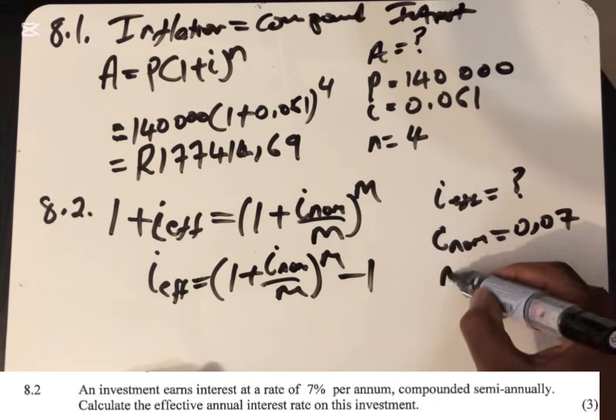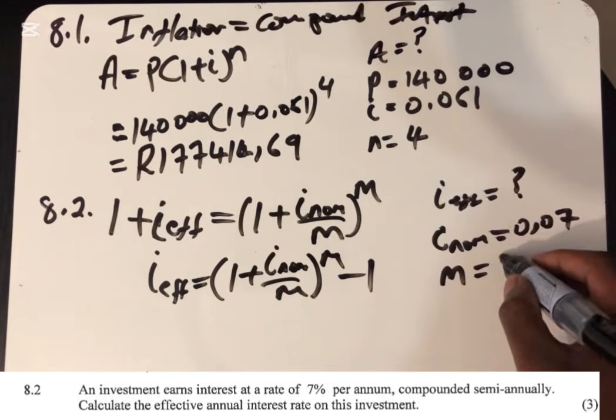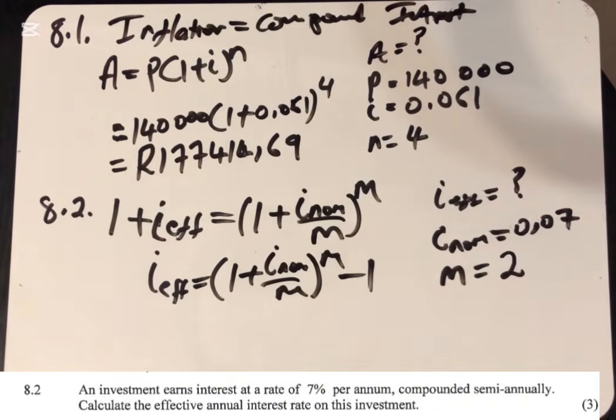Then we have m, which represents our compounding. If you check here, it says that it is compounded semi-annually. Semi-annually is like half-yearly. So how many halves do we have in a year? We have 2 halves. We are going to write 2. m represents 2, compounding. We have 2 halves. We know that half of a year is made up of 6 months, but we don't use 6. We use 2 for